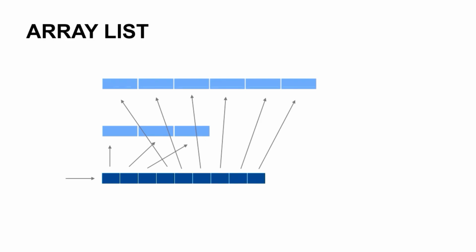Because they're all in the same cache line. And even better for a large array, the hardware will figure out what we're doing. As we go through the array, it'll realize you're accessing memory address plus 0, and then memory address plus 8, and then 16, and 24. It'll say, I see what's happening here. And it'll go ahead and start to load the next piece of memory in advance and pull it into the L3 cache so that we never have to go out to main memory, and the array list will perform much